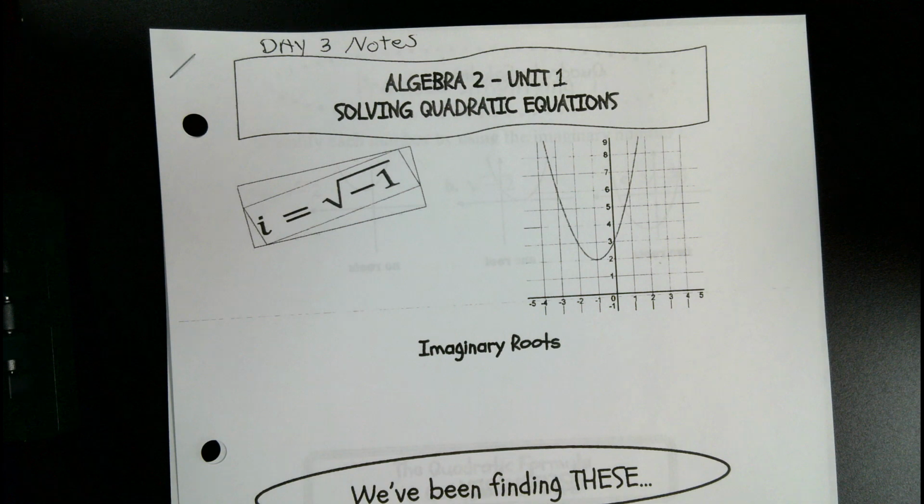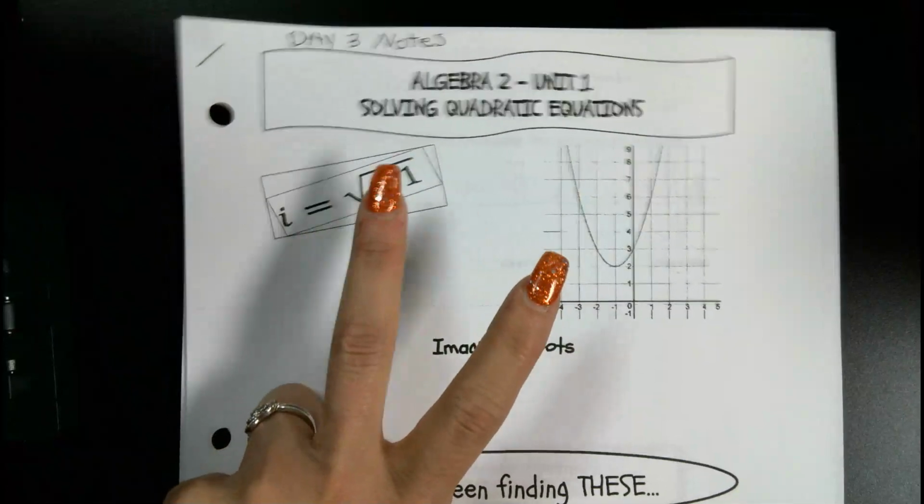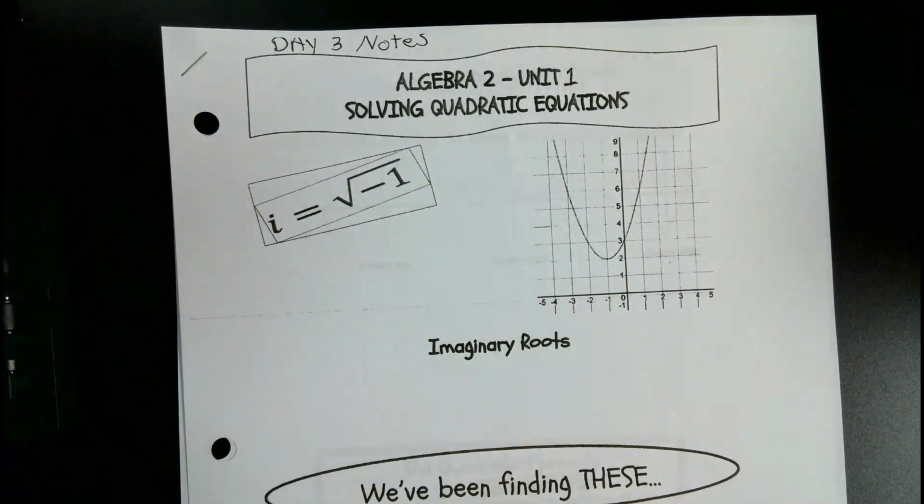So in the past, like in Algebra 1, if you ever got a negative number under a square root sign, you would have been told that there were just no solutions because we didn't know how to deal with it. I had you guys type it into the calculator earlier. It gave you that error message. Well, now,